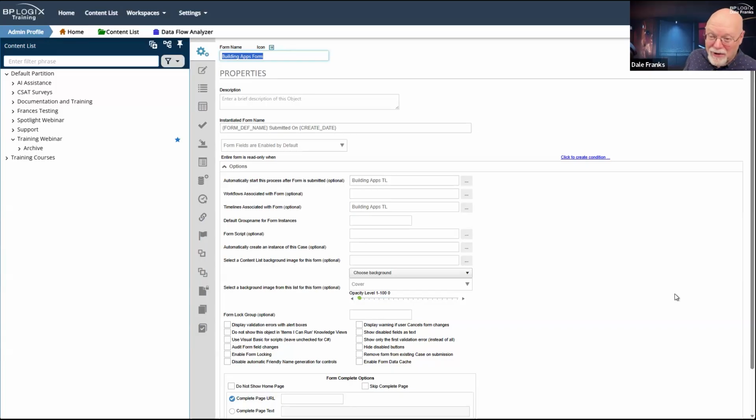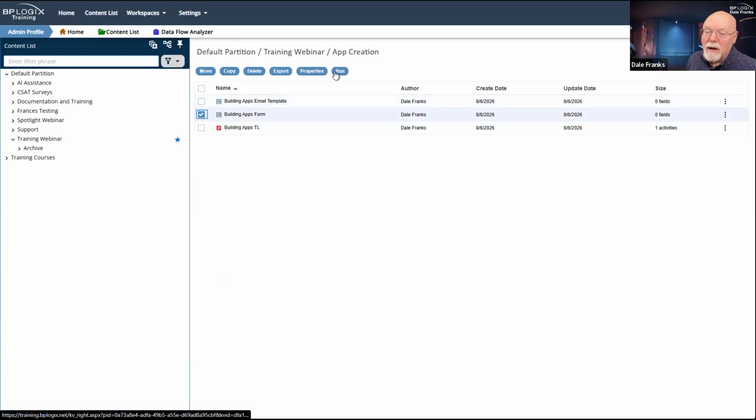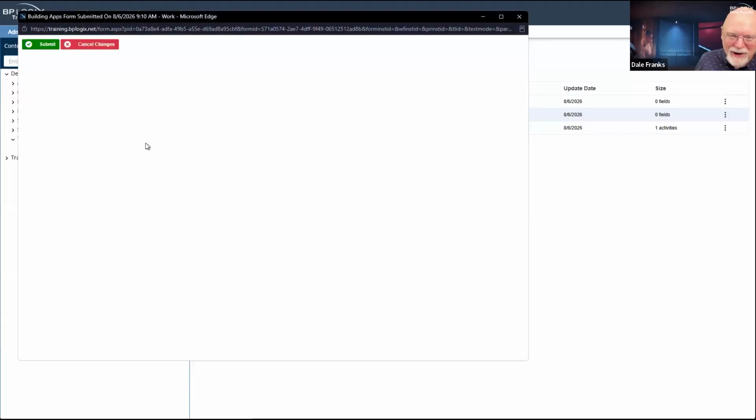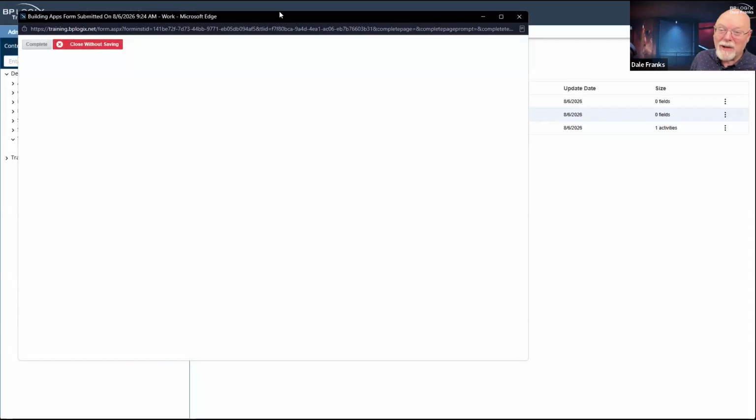I don't have any results, so there's not much I can do here, but I have a working application at this point because I have built the three objects I need and I have linked them. So technically, I can run this form. It's not a great form and it doesn't do much, but when it loads, I will at least have a submit button and I can submit this form, and this form is reloading.